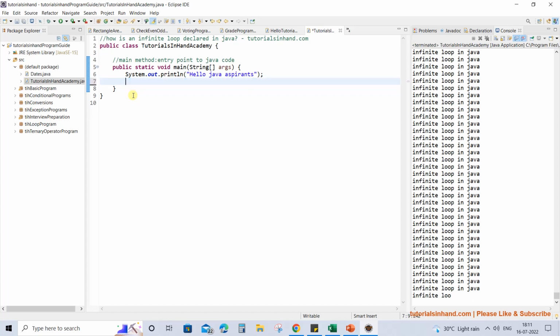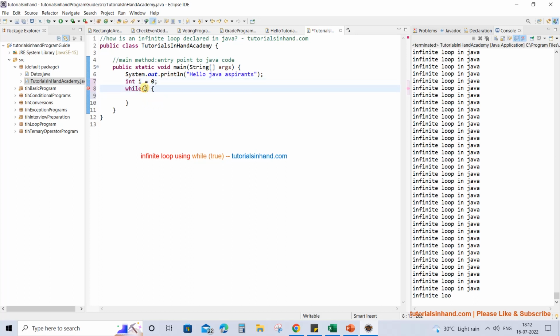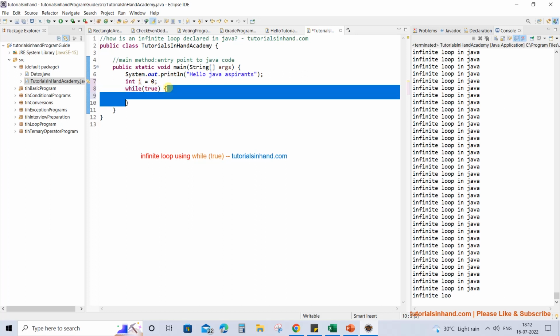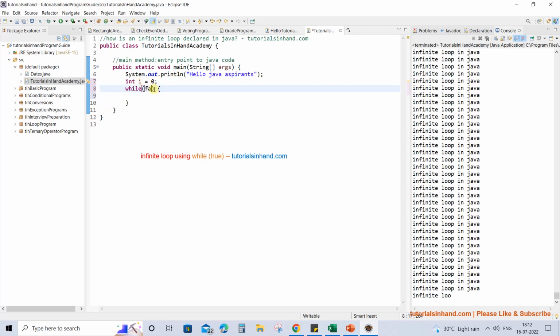Now we are going to see how we can enter an infinite loop using while. Generally when we write a condition in while, suppose we have declared int i = 0, and then we check the condition that i is less than 5. So this is the condition which gets checked in the while, right? Like for the first time, 0 less than 5. If it is 0 less than 5, then what will happen? It will return true, and then if it is true, the body of while will get executed, and if it is false, then the body of while does not get executed. This is how internally the logic works.